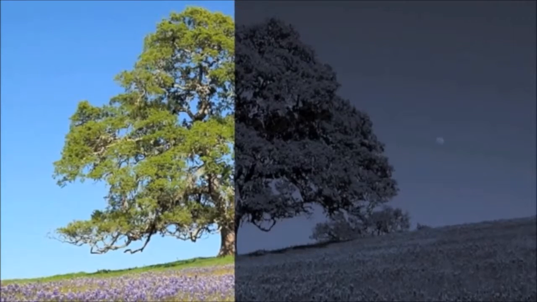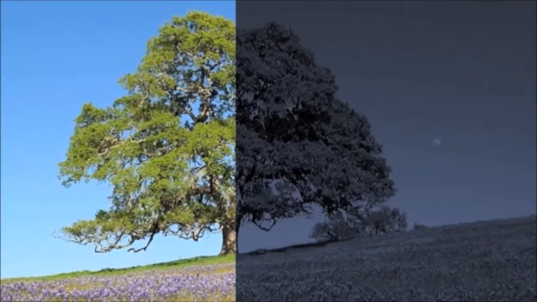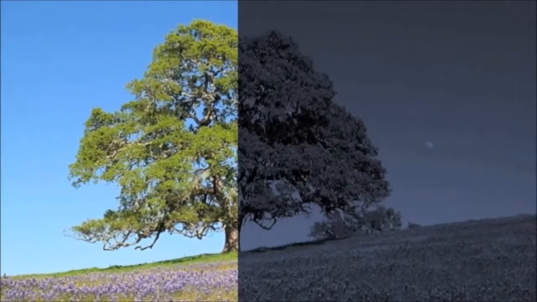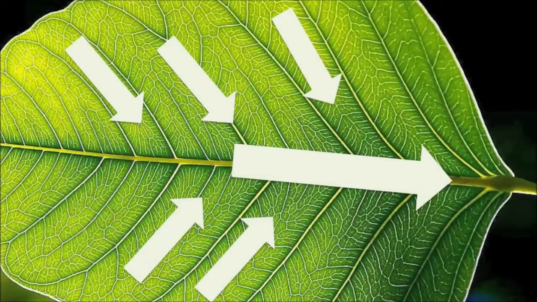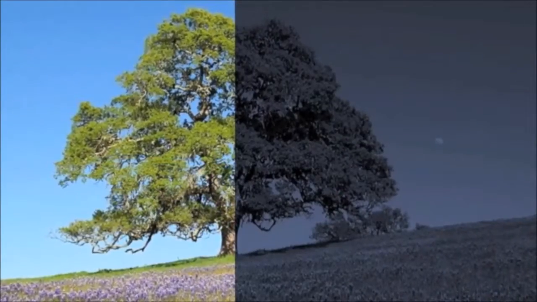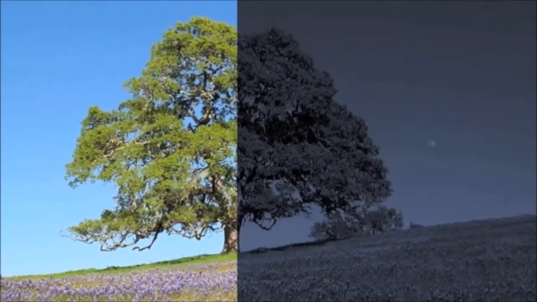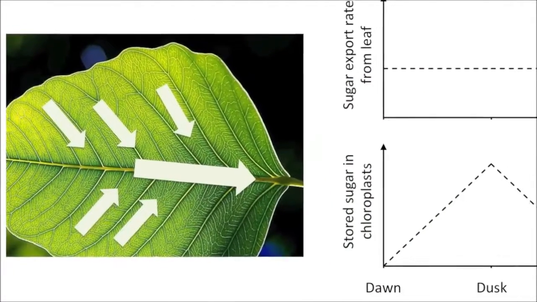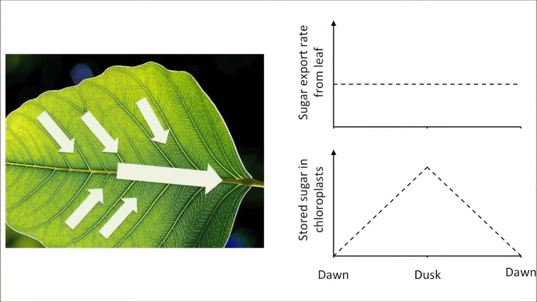So now that we know how non-photosynthetic cells get the sugars they need to survive, we can return to our original question. That is, how do plants survive at night? We know that source leaves export sugars to non-photosynthetic sinks during the day, but what happens during the night when leaves are no longer capable of producing sugars? It turns out that during the day, the products of photosynthesis have two fates. They can either be exported from the chloroplast for use, or stored in the chloroplast to be used later. What is remarkable is that leaves export sugars at a constant rate from day to night.